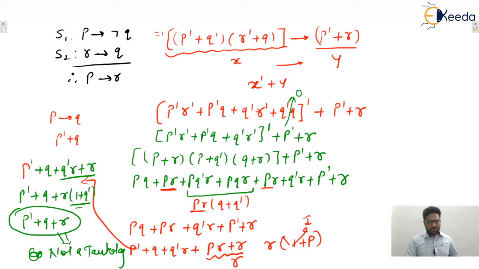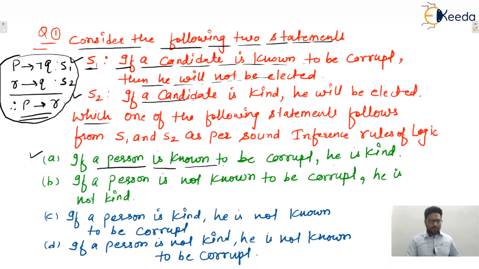Yes or no? So this is not a tautology, so we can say that this argument is not valid. So in the question, we can say that option A is incorrect. So we build an argument for every option and check whether it is valid or not. Then only we can conclude whether this one is implied or follows or not.